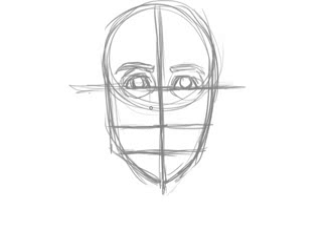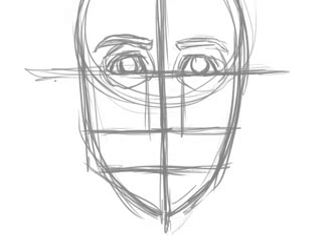Now we have the nose. The nose's width is about the same width as the distance between the eyes, and sometimes it feels like that's really wide, but really, once you get used to it, it's fairly accurate most of the time. Always depends on the face, but